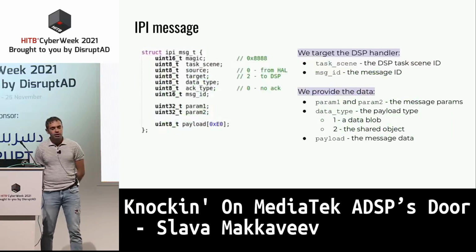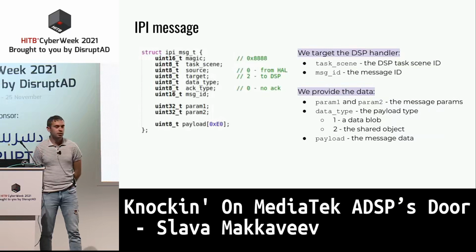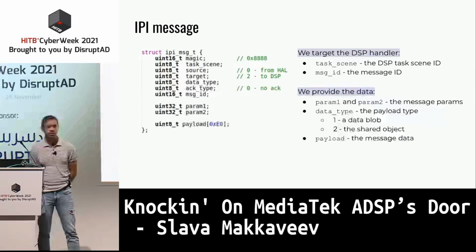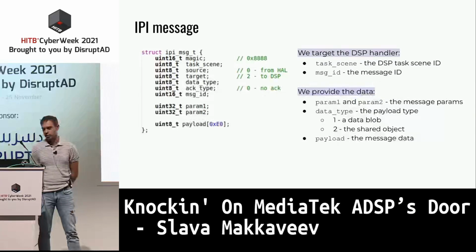Okay, the EP message, which we can transmit, has the following structure. As I will show later, on the DSP side there are several independent EP message handlers, call them task scenes, and each task scene has its own unique area of responsibility. For example, a phone call task controls speech enhancement.